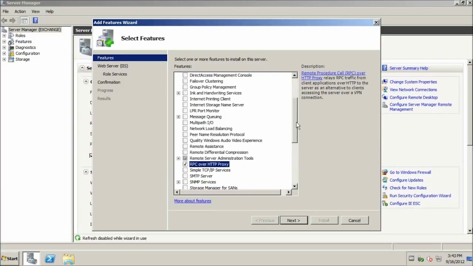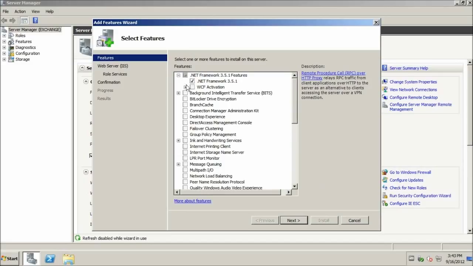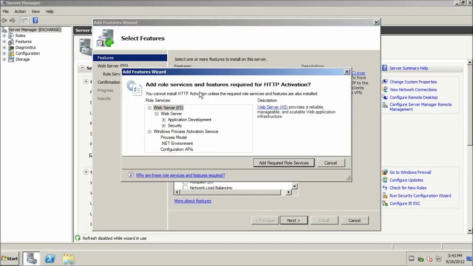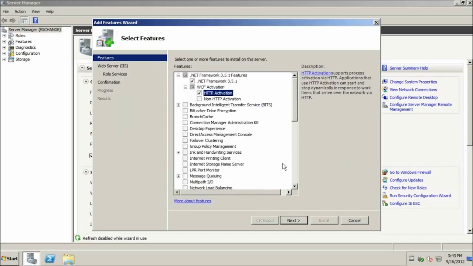And for .NET Framework we actually also need HTTP Activation, and that also requires IIS, so we add that. We need